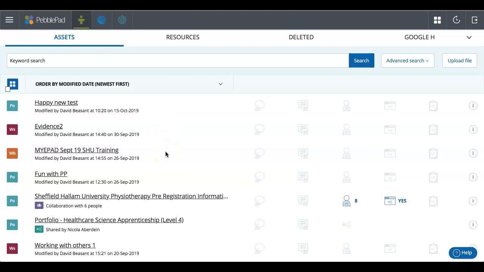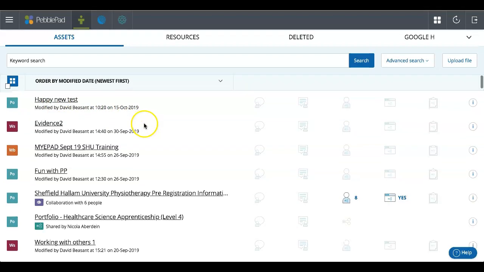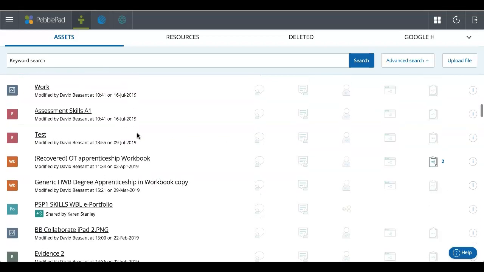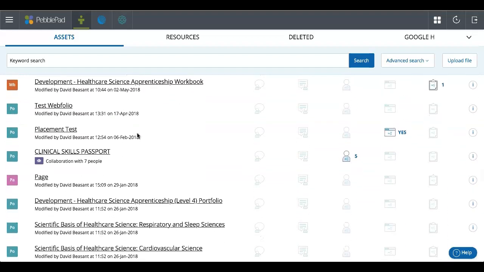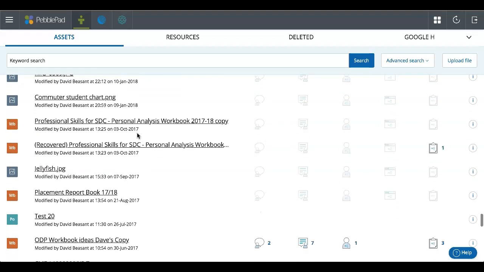And by default, when you go into your asset store and when you first start using PebblePad, there'll be nothing in there, and then slowly you start to create things and save evidence and upload bits and pieces, it will start to get larger and larger. It will always put the thing you did last, or edited or uploaded, at the top. You see, order, modified date, newest first, and then it will just get older and older and older. And as you can see, once you've been using PebblePad for a while, like myself,